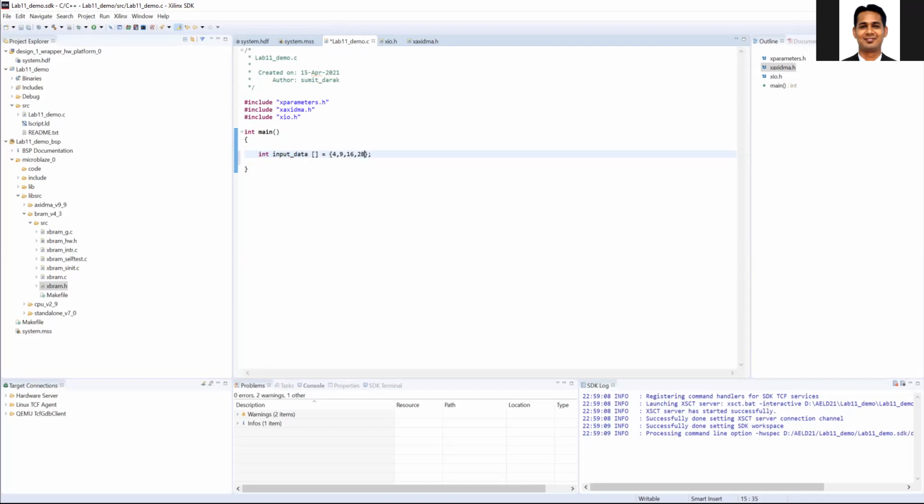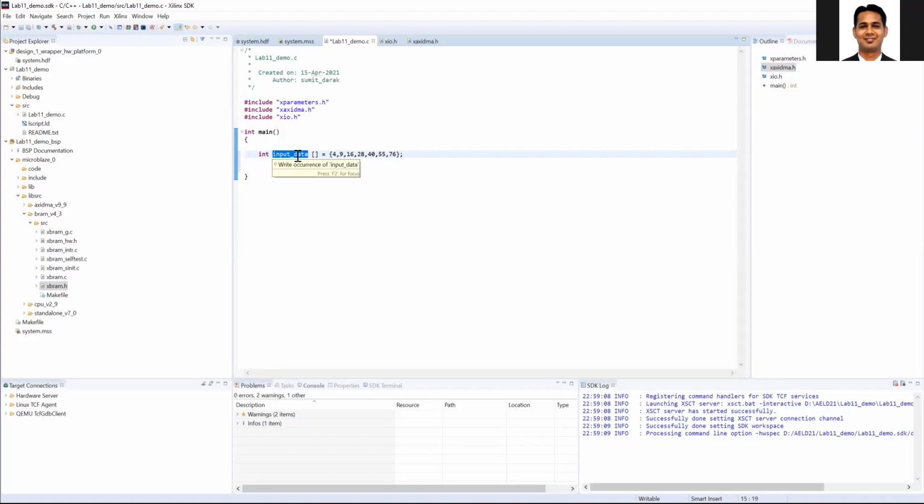Now I'll use 28, so the output will be non-integer. So we have 28, then 40, then 55, and 76. Okay. Then we need to write it at a particular location.